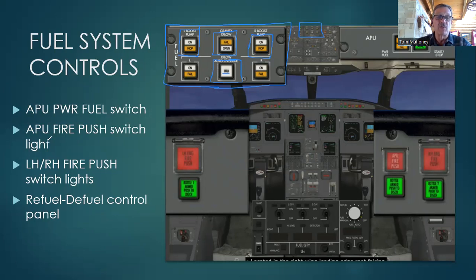The APU fire push switch light, that would be this guy right here. So what we know now is hopefully the APU will shut down automatically when there's a fire detected. And if it does not, or even if it did, I'm going to go up here, flip this plastic guard up, and push that switch and make sure it is actually activated to be able to shut the fuel off going to the APU and hopefully extinguish a fire if we actually got an